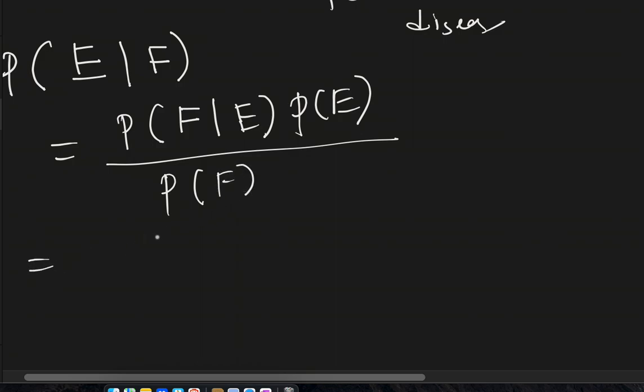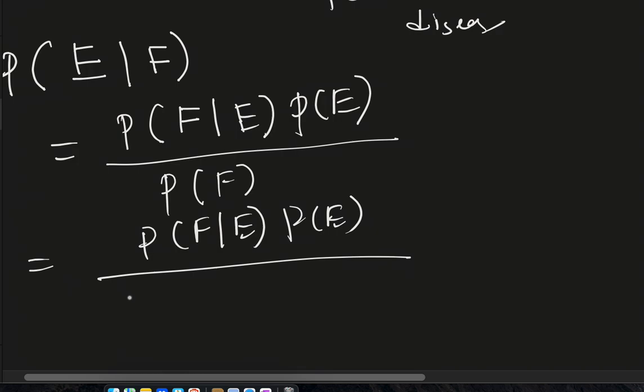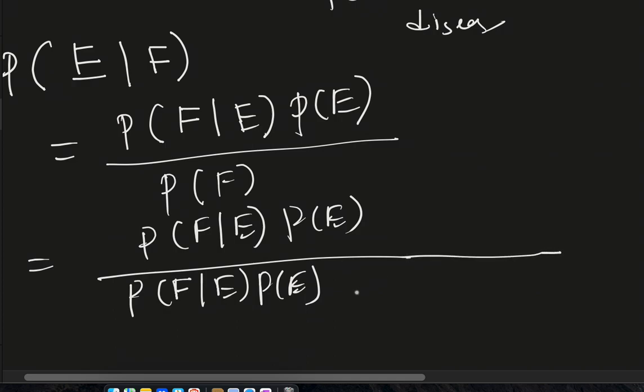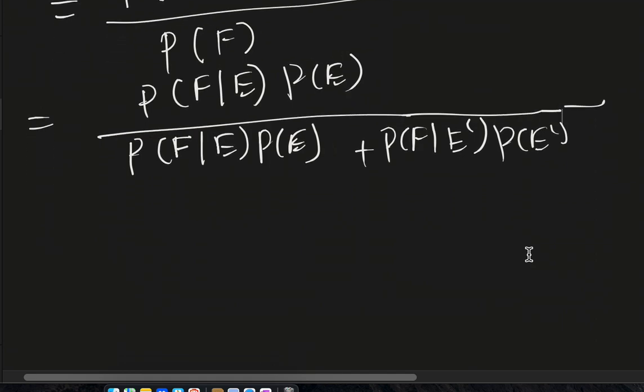The probability of F is nothing but the probability of F given E times P(E), plus the probability of giving a positive result when the individual does not have the disease, times P(E complement). Okay, so we know all the things. P(positive | disease) is 0.95 and P(E) is